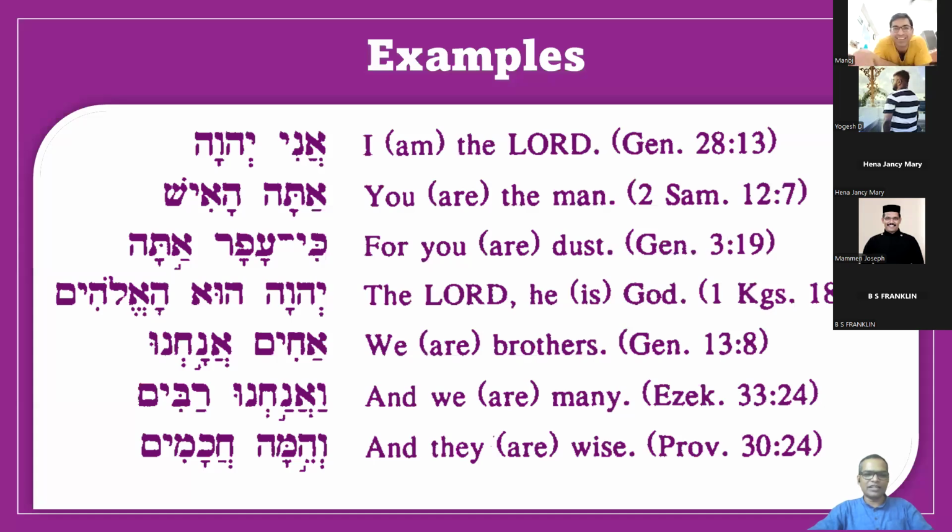Fine, I'll check with the rules. Maybe there is a typographical error or something, but always when you see a long vowel and after the long vowel you see a Shiva, it is always a vocal Shiva. Then when it comes to Kamets Hatuf, there this rule is applied, for example, to differentiate between Kamets and Kamets Hatuf. If you come across the Kamets in an unaccented closed syllable, accent is given to stress.